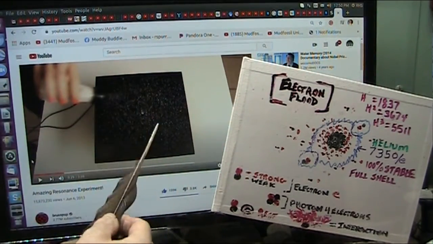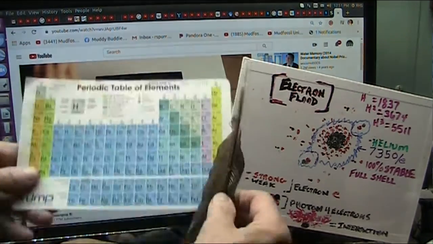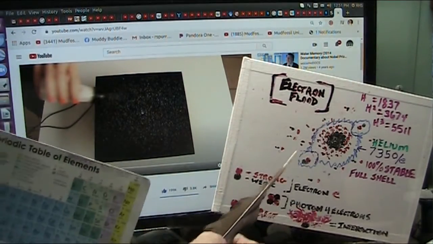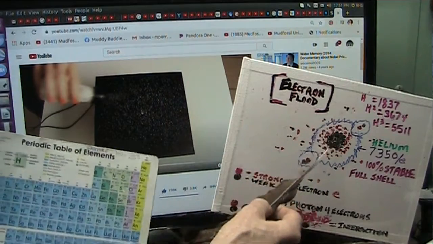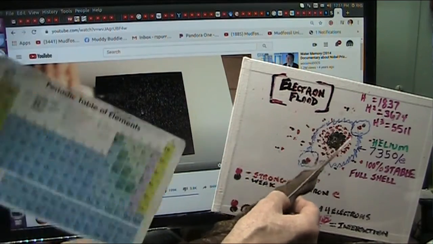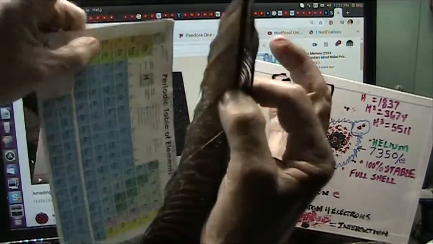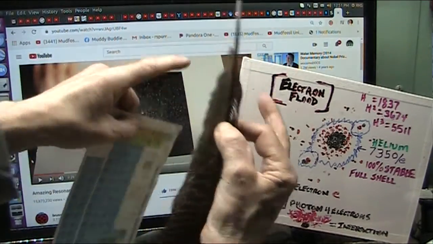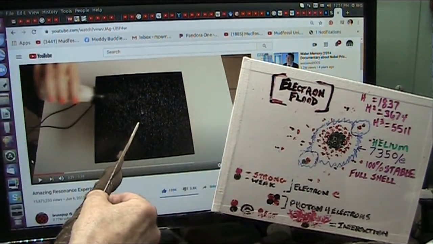But here's why I say the actual molecules themselves, in electron flood theory, can you see that? Yes, you can. The nucleus is made of electrons, and the reason they nucleate and congeal is at certain quantities, and then they lock in. I'm going to show you that happen right here.